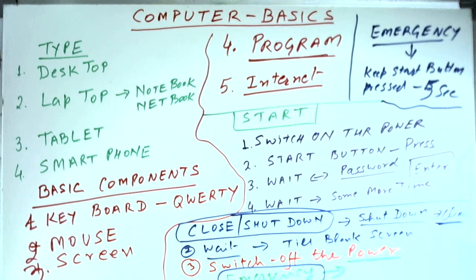Emergency brake is important because suppose in the middle of the night when you are working on the computer, you are not able to switch off properly, then the best thing is that you just apply the emergency brake, go back to the start button and keep it pressed for about say 5 seconds till the light disappears, till the screen becomes blank. And once the screen becomes blank, then and only then we should switch off the power. Otherwise, the shutdown is not proper. And although there will be no damage done to the machine, some work could get disturbed. So it is better to do a proper shutdown of a computer all the time.